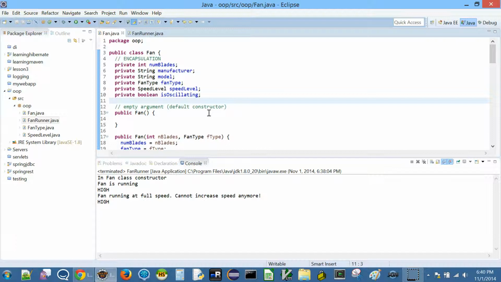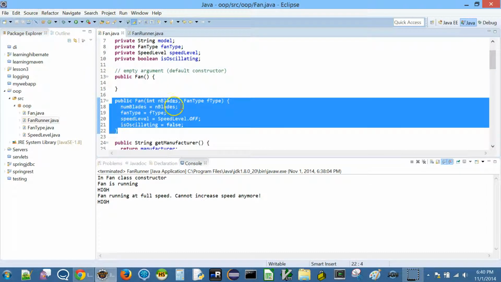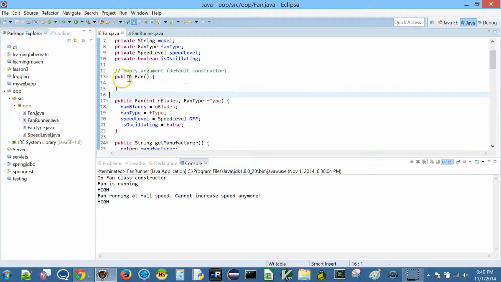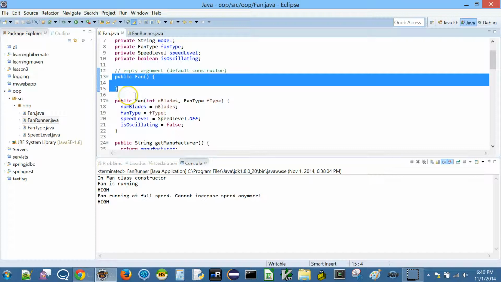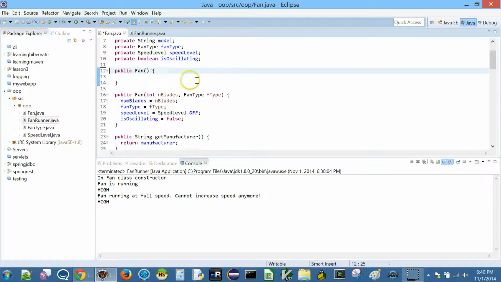And if we write this constructor, the one that takes two arguments, then we also need to come and write this constructor because the compiler doesn't know. Okay, but if we want to enforce always that fans are created with nBlades and fanType, then we should not even provide this constructor.